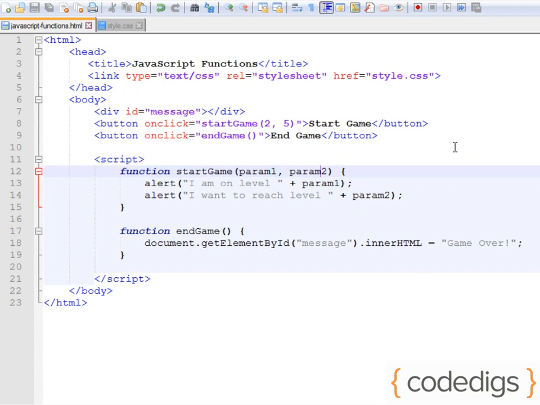You can even have multiple functions on your page or in your program, and each of these functions can be different blocks of code that do different things. So you'll see here that I added an end game function, and my end game function is going to display a game over message. And then I have another button up here that's calling my end game function. I'm not passing any parameters to this end game function because it's simply just going to display an end game